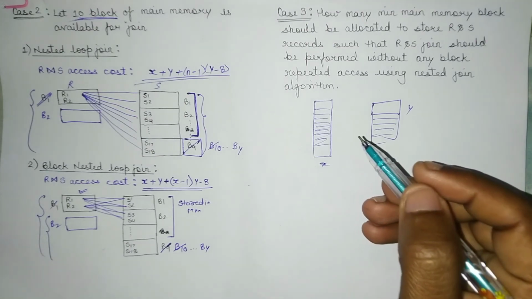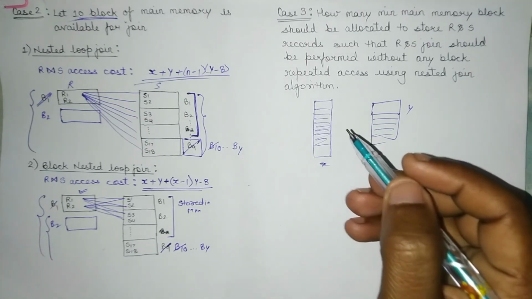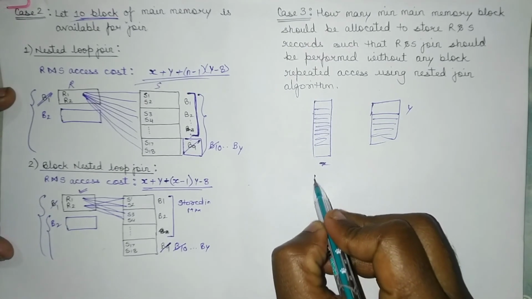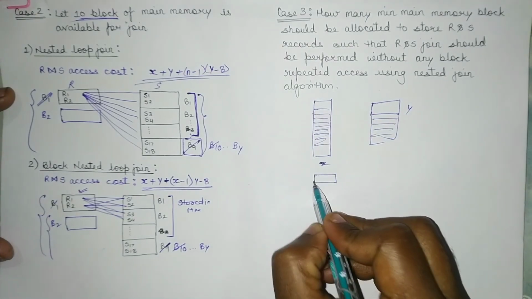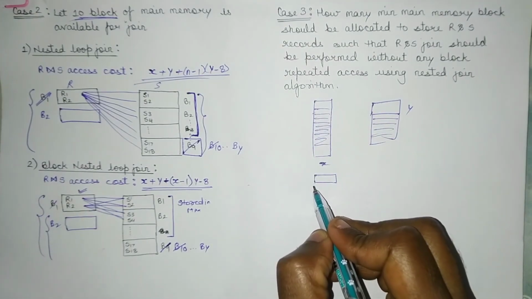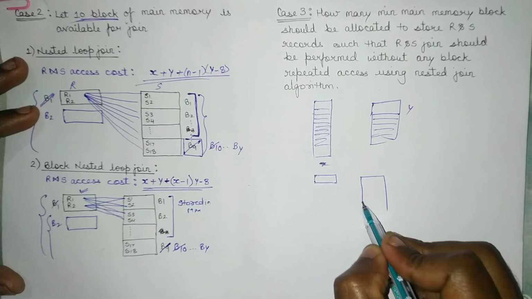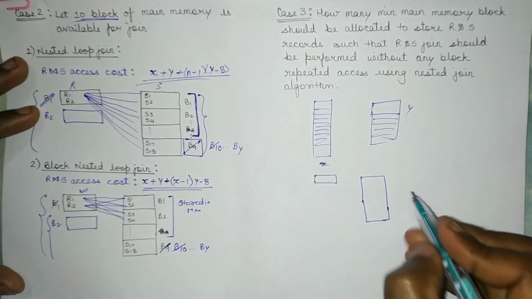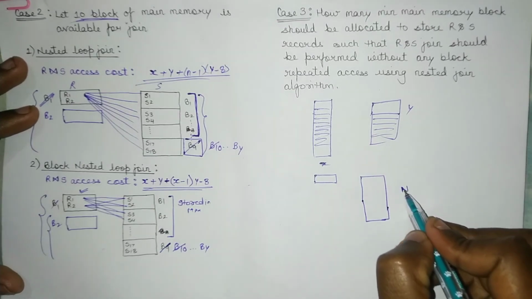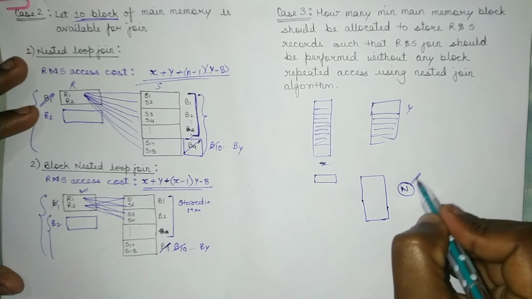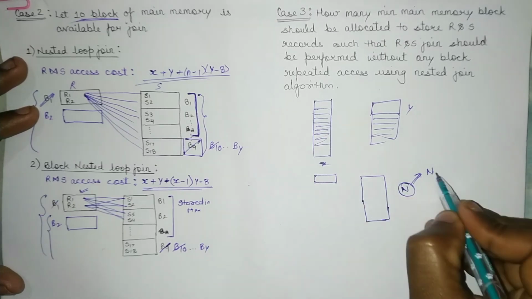So in the best case, we have to access only one record of the outer, but we need to access more records of the inner. So if the size of the inner relation is n, that means the minimum size required is n plus 1